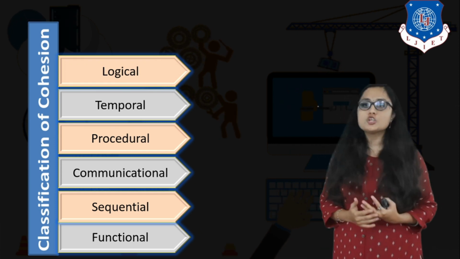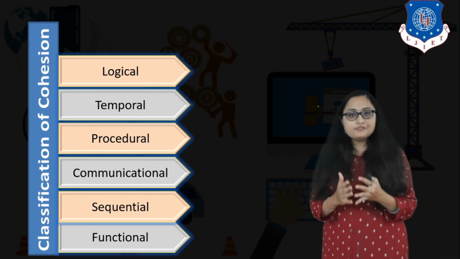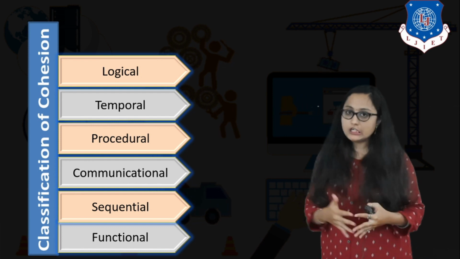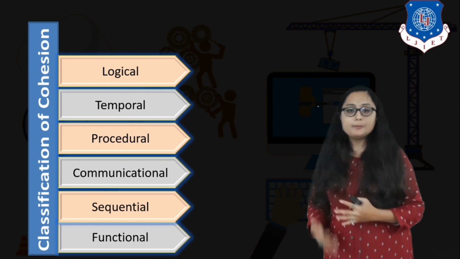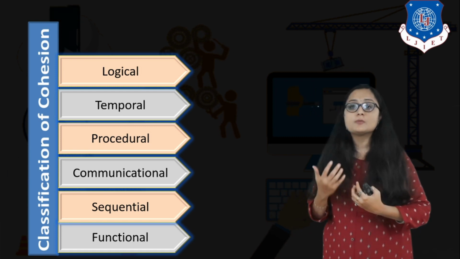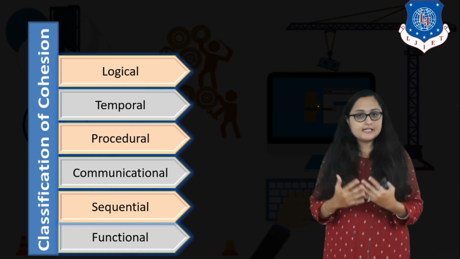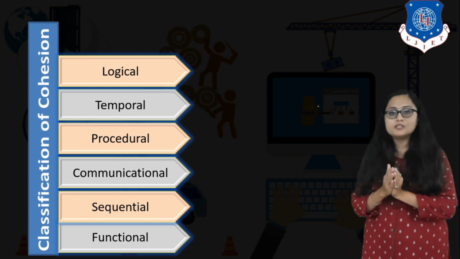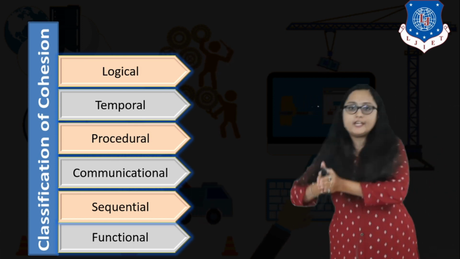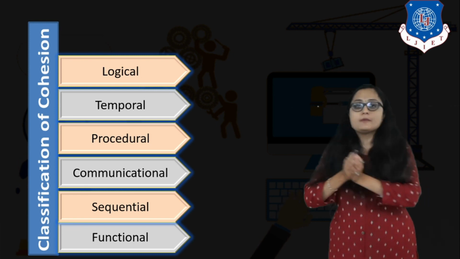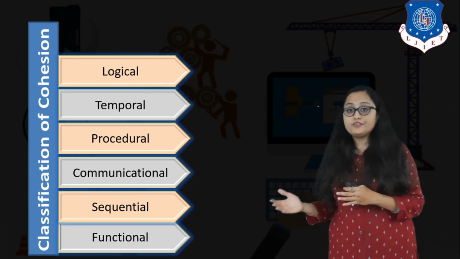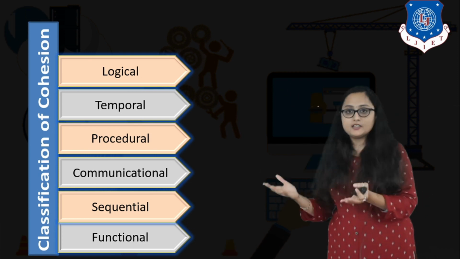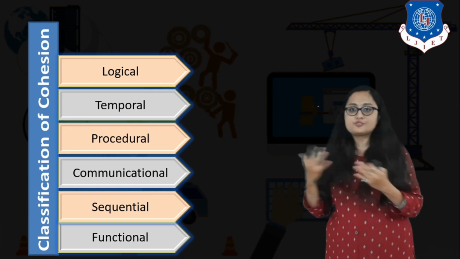Now what do you mean by logical cohesion? If the set of functions that are in your module are logically related to each other, but they are not necessarily performing the same activity. Let us take again a real life example. For example, the activities like go by train, go by plane, go by boat, or go by scooter. They all are activities which are related to some category, that is transportation from one place to another.